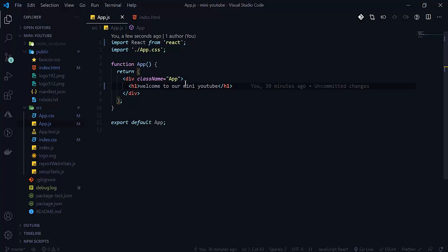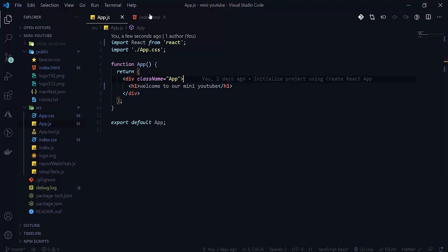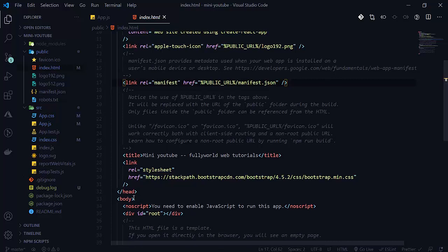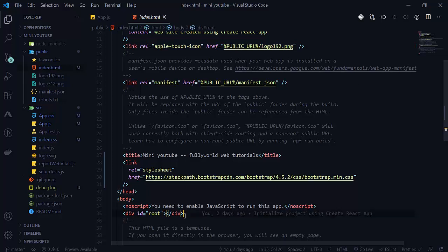Here I cleaned our app. See that here our text is a little bit changed. This is because I already implemented this. See that this is our Bootstrap CDN. I already added the Bootstrap CDN in index.html. When we embed our link in index.html, it will affect our application, because our application will be rendered in our HTML only. It will be rendered in our root div. So this is a root div with ID root here.